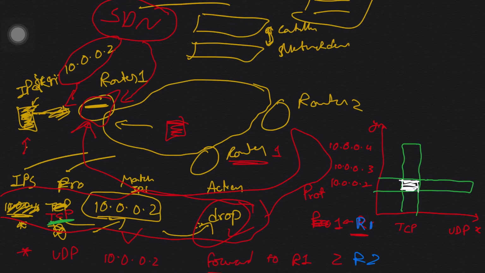This part is R1. Okay, let's write rule 2. If you write rule 2, then rule 2 will get this thing and UDP. Rule 2 is UDP, right? So overlapping. Now this is rule 2. Okay, rule 2, rule 1. This is all about geometrical representation. This is how you represent the rules on the graph. Okay,